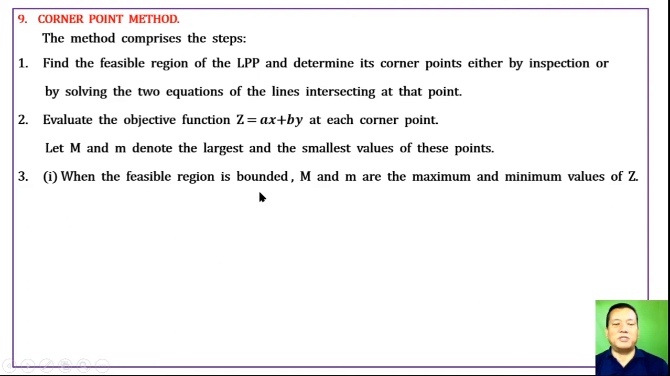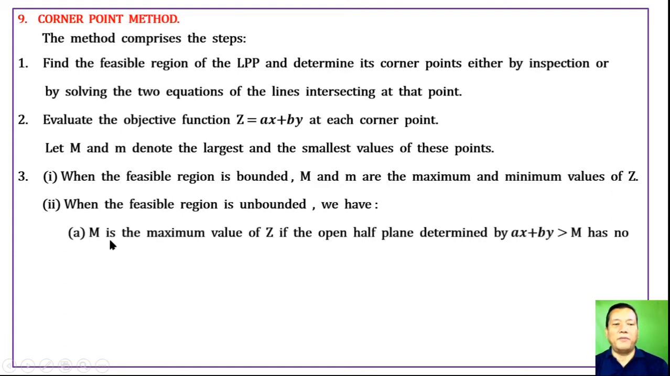Number 1 da 3 gi 1 da, when the feasible region is bounded, feasible region the bounded oirabadi M, capital M and small m are the maximum and minimum values of Z. When the feasible region is unbounded oiragadi, we have capital M is the maximum value of Z if the open half plane determined by ax plus by greater than M, sigi M ki akhona khwaidagi chawba value duni Z ki masidagi chawba